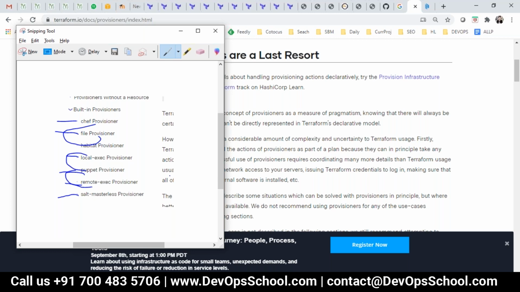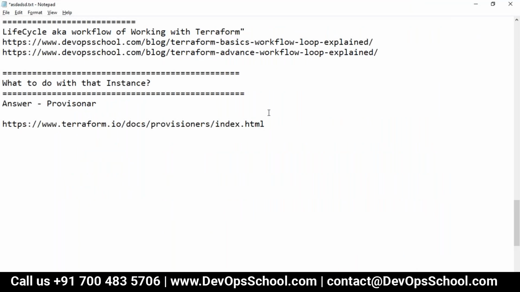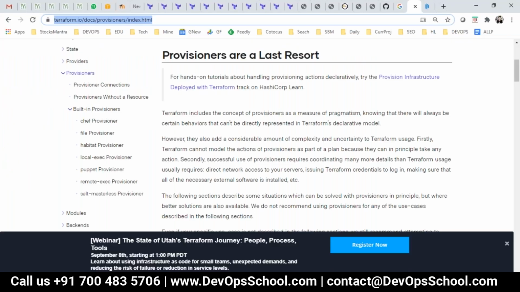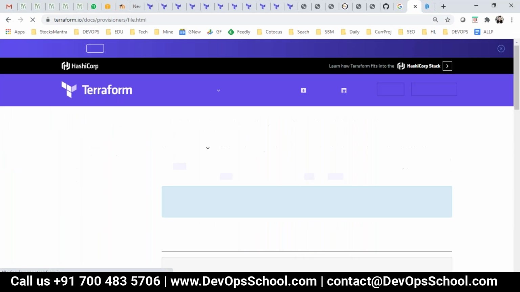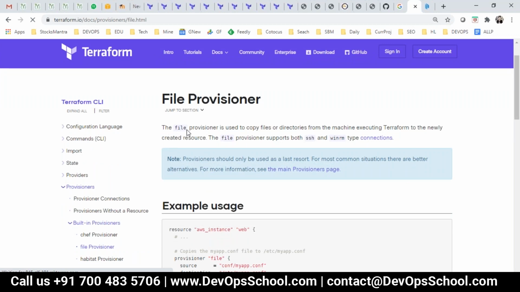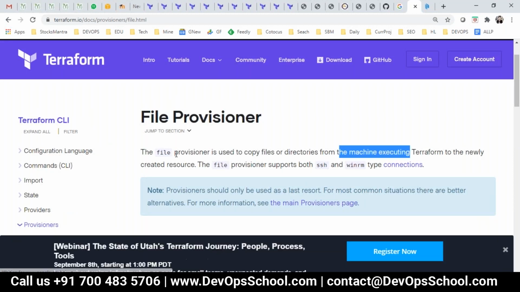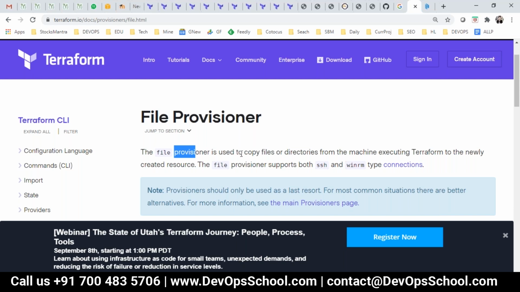Okay. So now the question is, what is file? What is local? What is remote? Let's talk. File provisioner, remote, and before that local. So guys, file means, let's read one statement from which you'll understand. Don't read too much. The file provisioner is used to copy files or directories from the machine executing Terraform to newly created